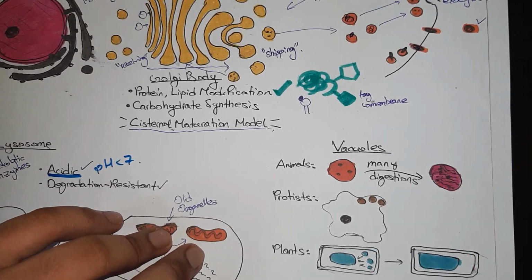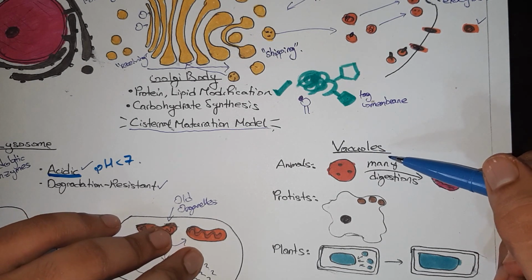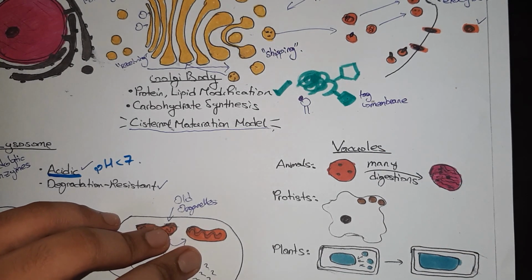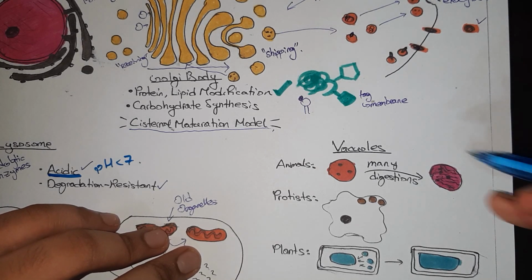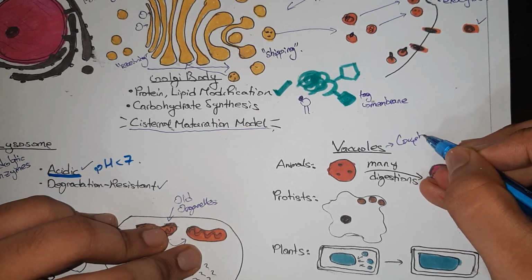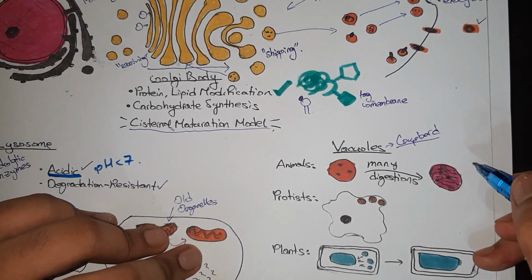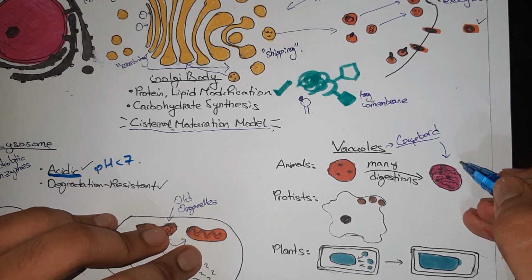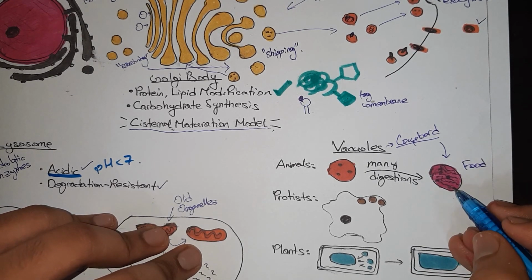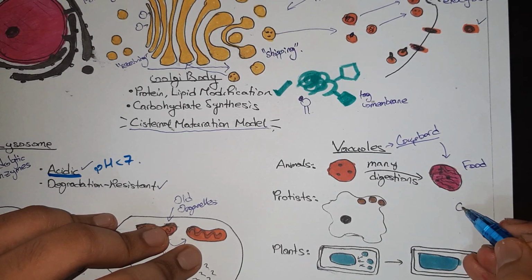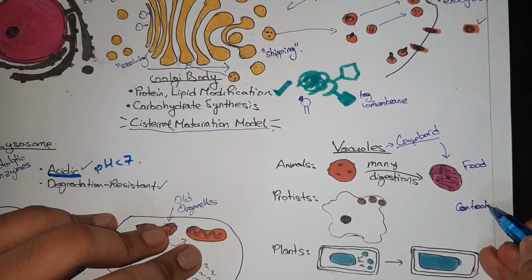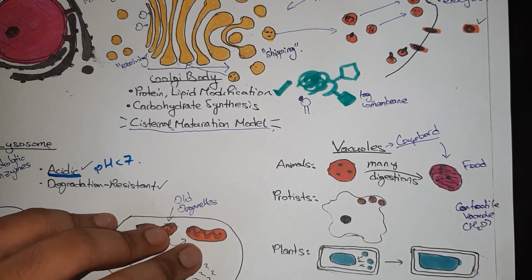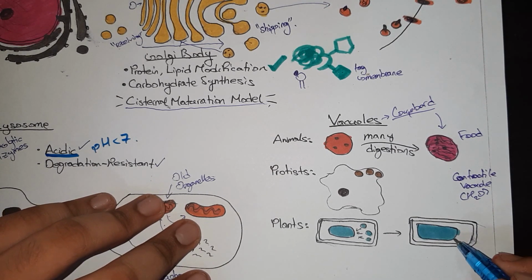So now finally, the last product of the Golgi apparatus is the vacuole. You may have heard of vacuoles before, and this is kind of like a cupboard of the cell. So this cupboard functions in storage. It can either store food, like in this food vacuole. Over here this is a contractile vacuole. It stores water. And finally, in the plant's large central vacuole, it stores mainly ions, as well as food, as well as water.